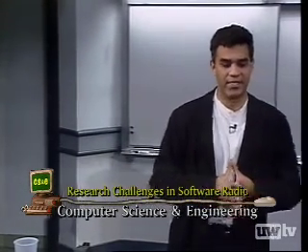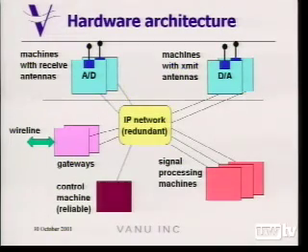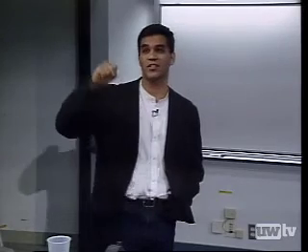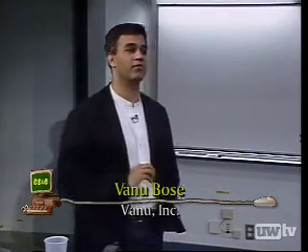Now, one key thing, there's two key components to the architecture. Up top, there are 2 slightly specialized machines in the cluster. Something has to do the A to D and D to A conversion to get the data into and out of the network. It'd be too expensive to put that capability on all the machines, and you don't need it. There's only a few points where that happens. So there are some machines, they're still the same server machines, but with an A to D or D to A card in it that serves that particular function.